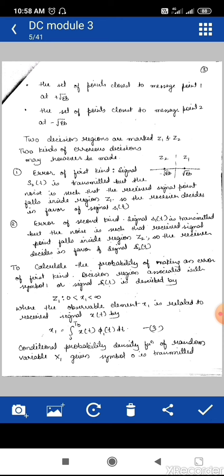Now to calculate the probability of error, we will first calculate the probability of the first kind, that is, S2 is transmitted but the decision is taken in favor of S1. What is the region of S1, that is Z1? It lies between 0 to infinity. So any signal which lies between 0 to infinity is assumed to be 1. The decision is taken in favor of 1. Now here it is observed that